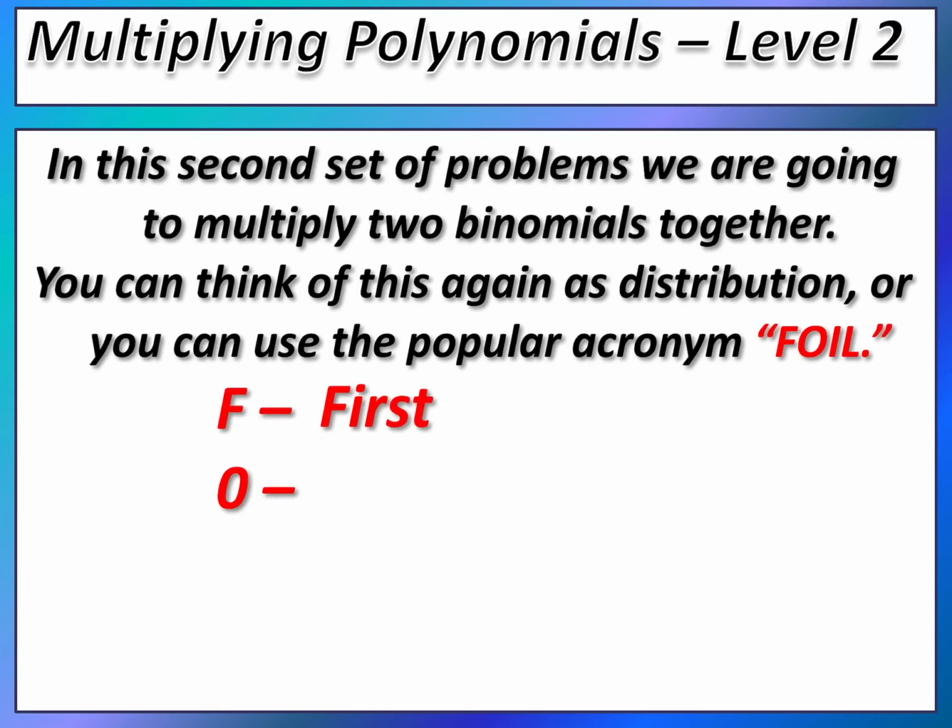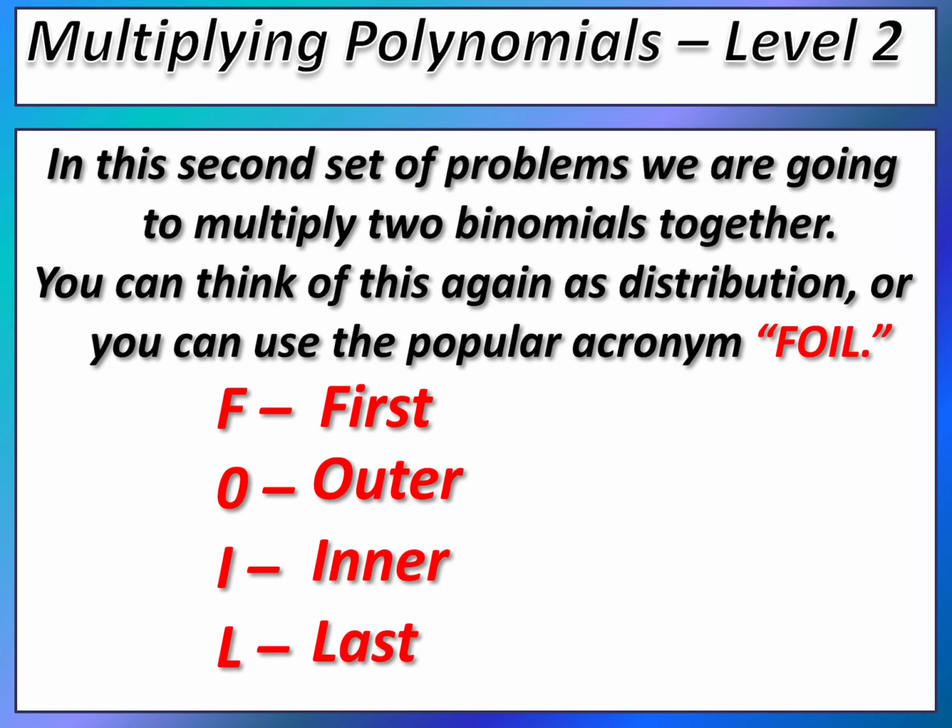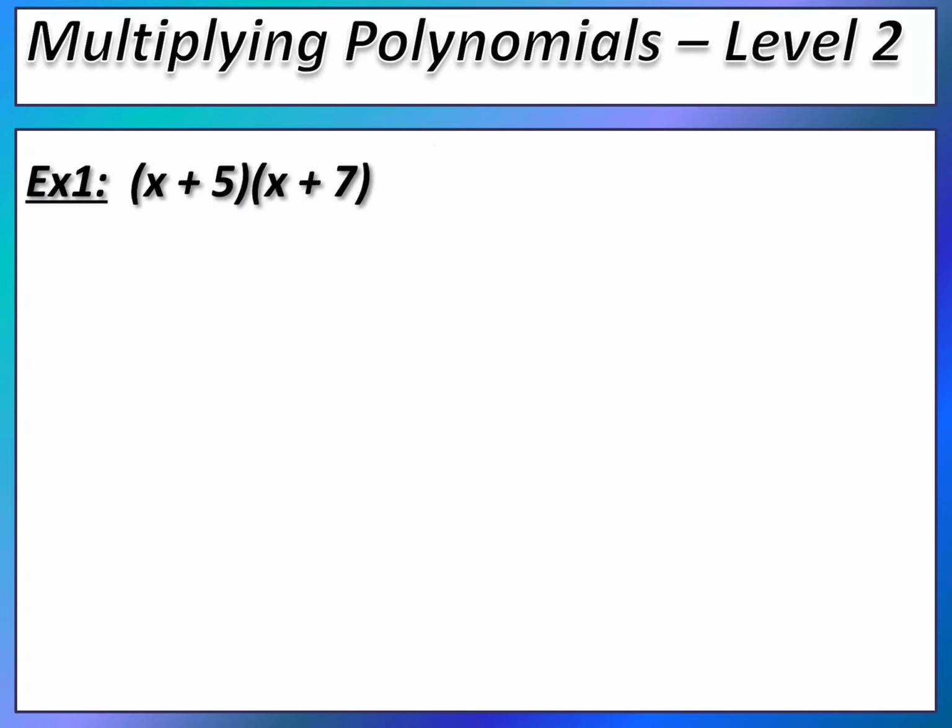Okay, so it stands for first, outer, inner, last. So it's just the order in which you multiply the terms. It doesn't actually solve the problem for you. It's just a little trick to help you remember. So let's see what FOIL is talking about. So here are my two binomials. Okay, so first